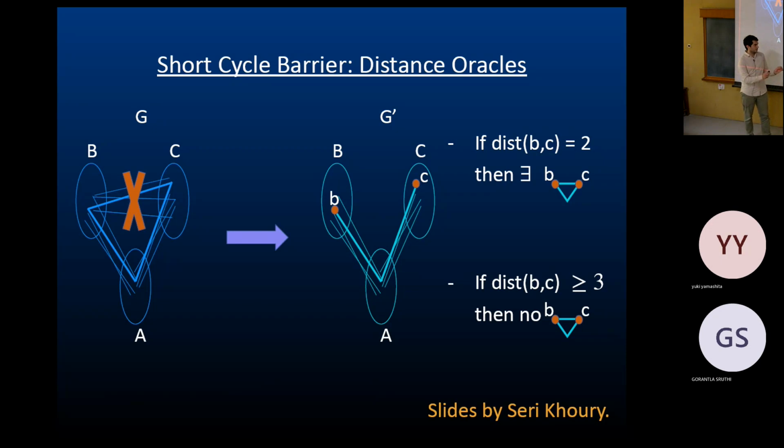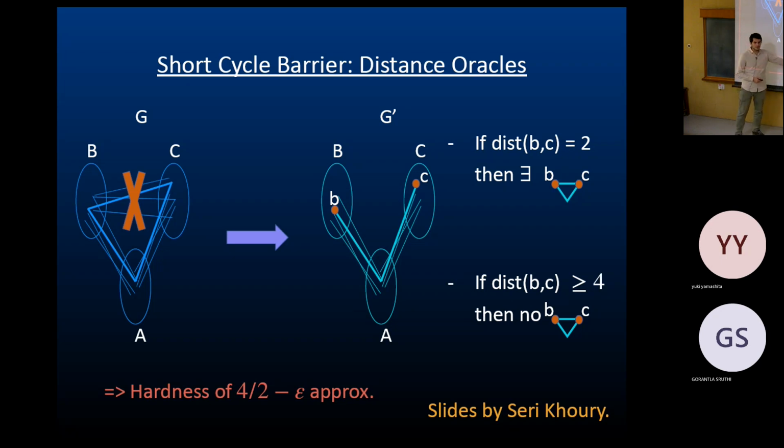This shows you that at least if you had an exact distance oracle, you would solve this problem in linear time. Why? Because suppose the pre-processing here is linear. The number of queries here is just the number of edges. If you have constant time per query, then this is linear time. Okay. And now because you're checking here for distance 2 or 3 and above, this means that if you had a 3/2 minus epsilon approximation, you would distinguish the 2 cases. So you get a 1.5 lower bound for the factor.